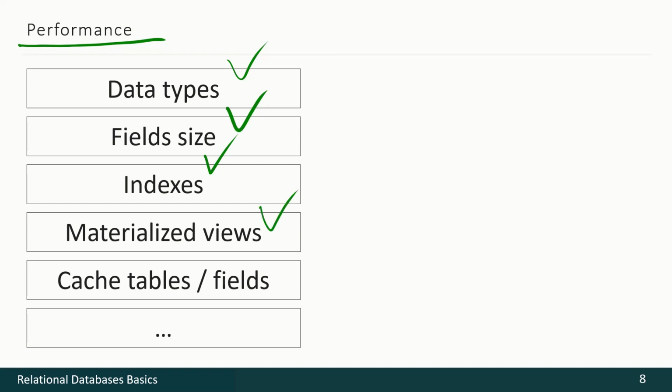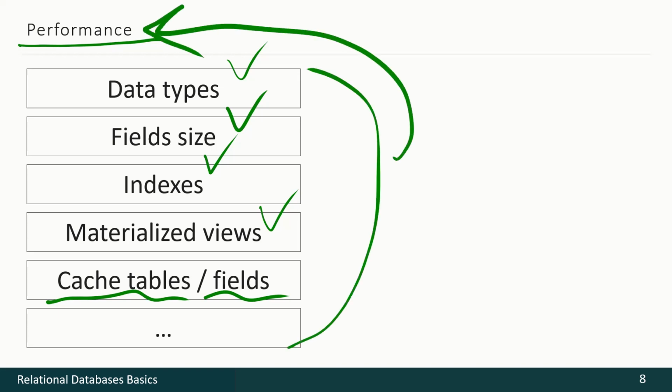We may think about materialized views. Do we need them? Have we created them if we need? Have we not created something that will only break the performance? We may think about caching, tables, fields. Have we created them? How we update them? How that all influences the performance. Of course, we shall need some performance testing to prove our decisions or to correct our mistakes, but we shall absolutely think about all those ideas from the beginning.